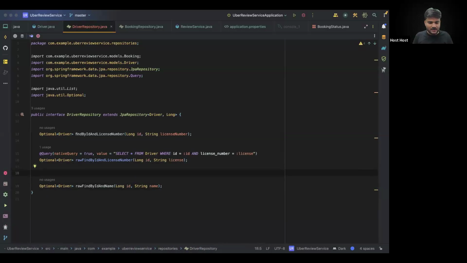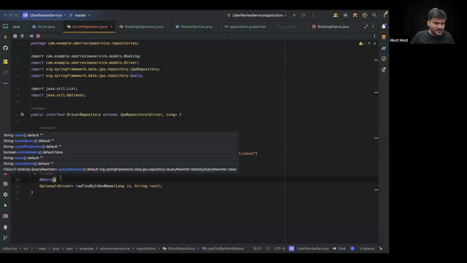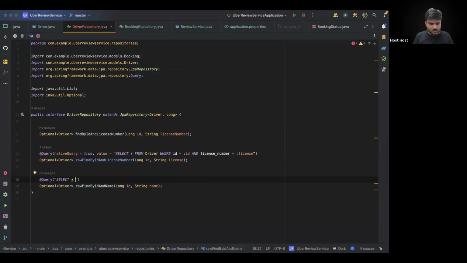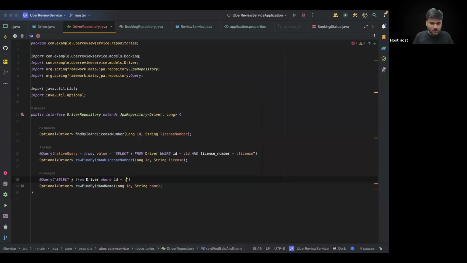Now the other way to handle it is using something called Hibernate queries. What is a Hibernate query? If you don't pass nativeQuery as true, and you write a query here directly, this is going to be a Hibernate query. You can say select star from driver where ID is equals to colon ID and